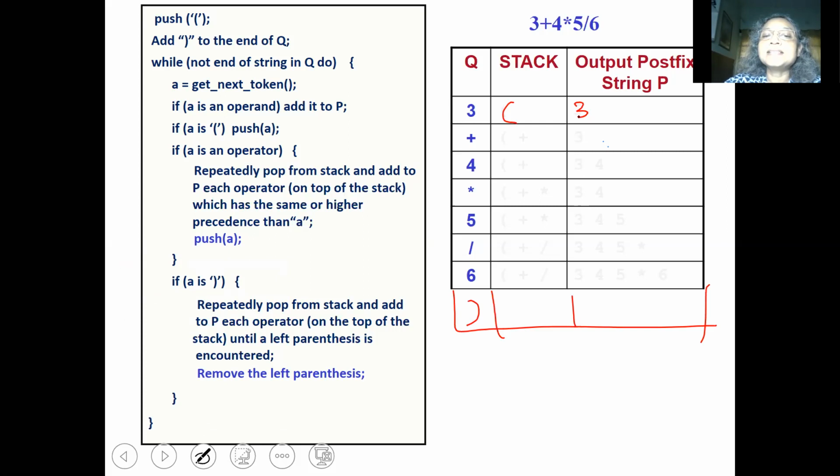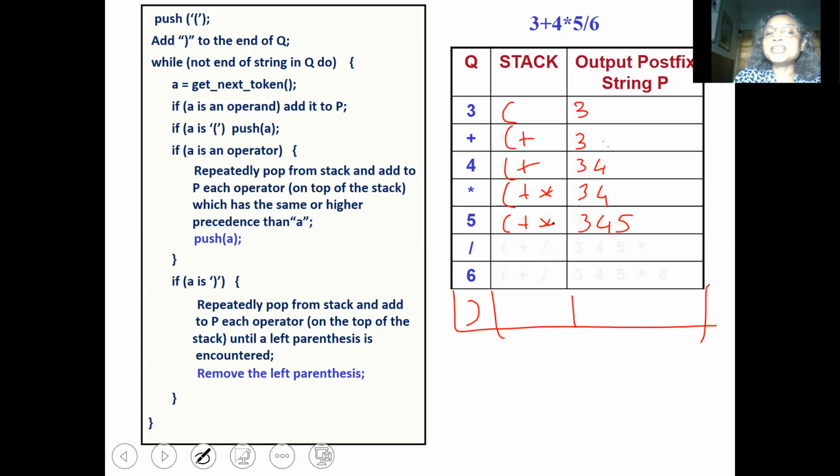Then when you get plus, the plus is put into the stack and the output continues as 3. When you get 4, 4 is now added to the output. The stack is as before. When you get star, there is no operator on the stack with higher or same precedence as star. So we will put star into the stack and P stays as it is. Then we get 5. 5 will be added to P and the stack stays as it is.